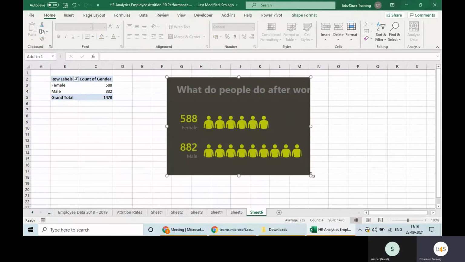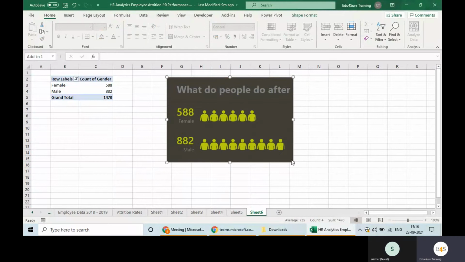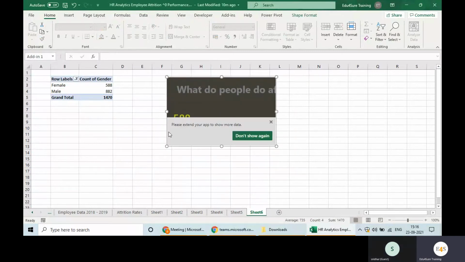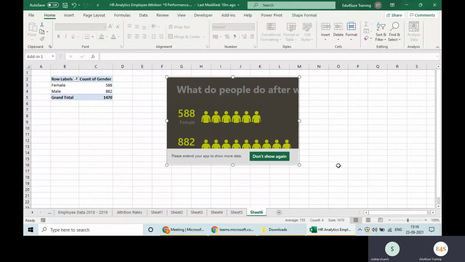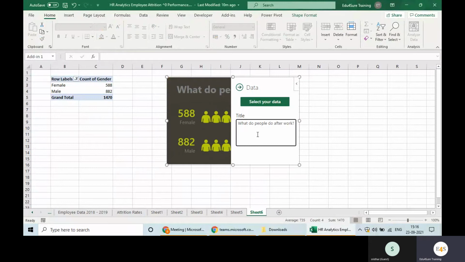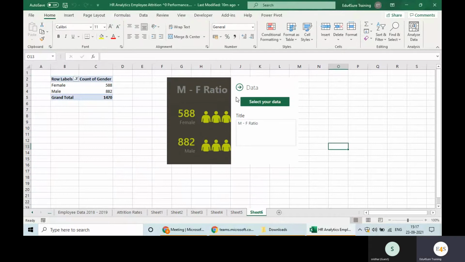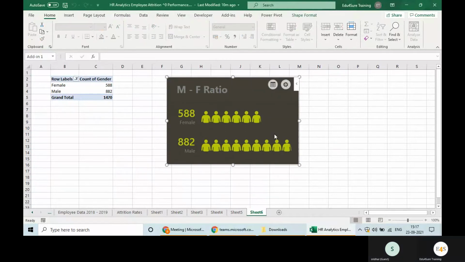But whenever I'm reducing the size, it will only reduce till the time it is not cutting this figure, right? See, now it is saying please extend your app to show more data. So basically we cannot take the size less than this. And you can change the heading from here, like I'm saying ratio. So this is called row card or people graph in Excel, where you can show very short data,